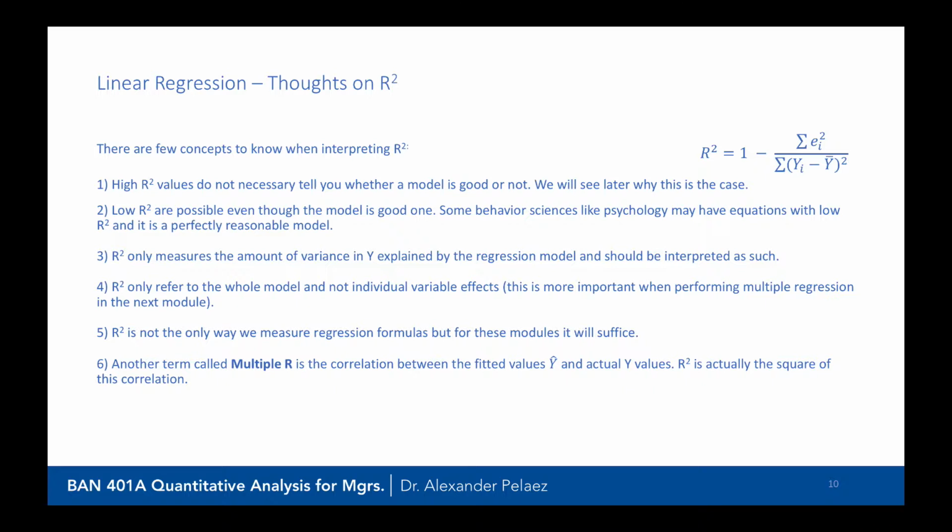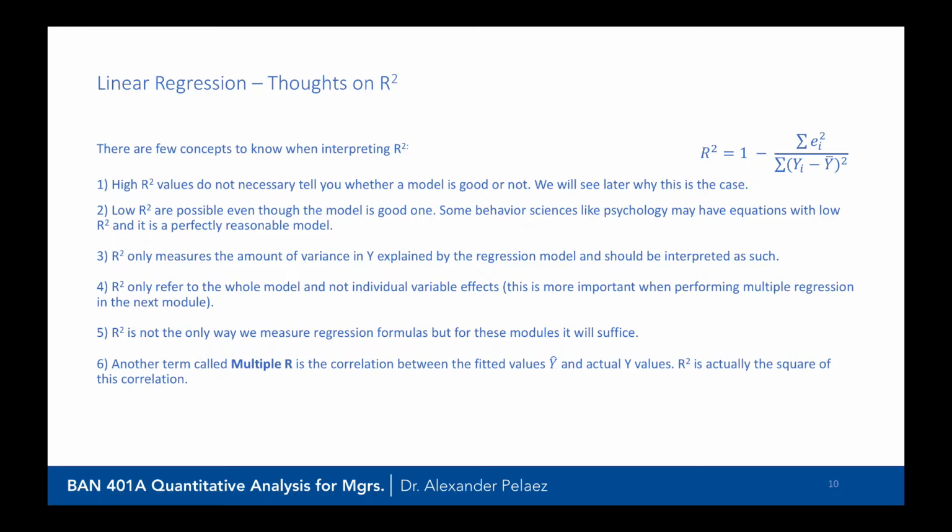So here's a few concepts to know about this r squared. High r squared values do not necessarily tell you whether or not a model is good. And we'll see later why that's the case. But for now, generally, we're going to say that a high r squared is what we're looking for. Low r squared values are possible even though the model is a good one. Some behavioral sciences like psychology may have equations with a low r squared, and it is perfectly reasonable or even accepted and desired. R squared only measures the amount of variance in y explained by the regression model and should